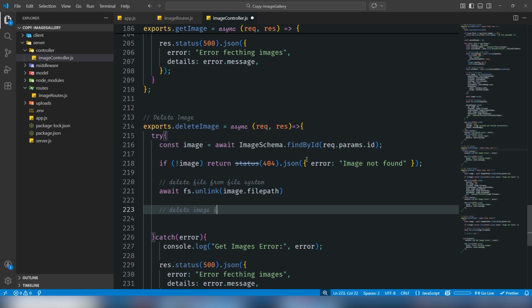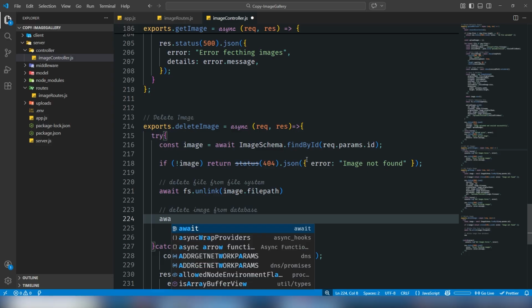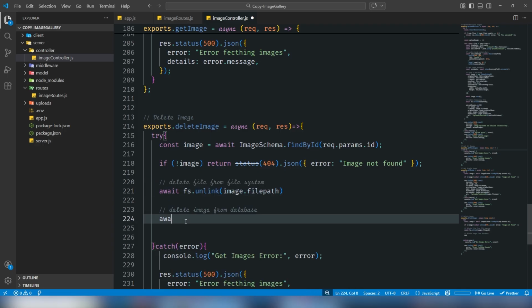Delete the image from the database. When the user deletes the image, I need to remove the image from the local directory and also the database. So this is all about the local directory, and this is all about the database. So I would say findByIdAndDelete